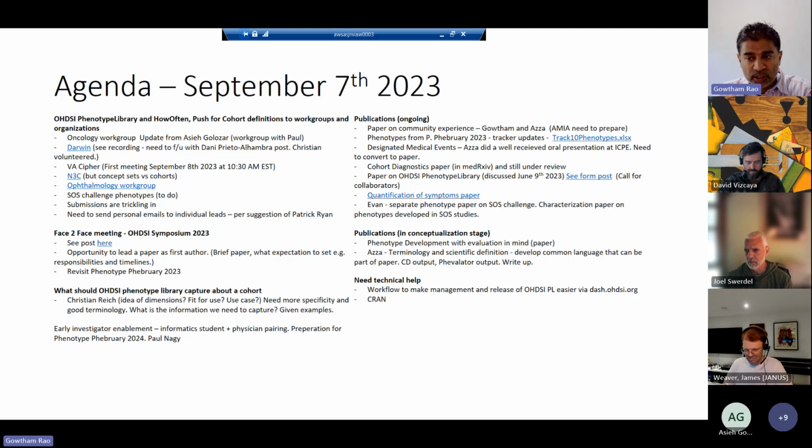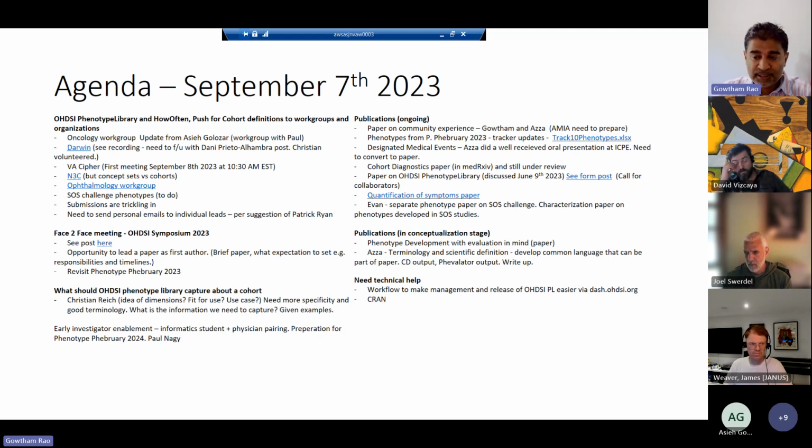They are not cohort definitions, from what I understand. The OHDSI Phenotype Library is a set of cohort definitions. The unit of representation is a cohort definition, which is different from what N3C has. So we have to think hard about how to do it. There are both conceptual and technical challenges.